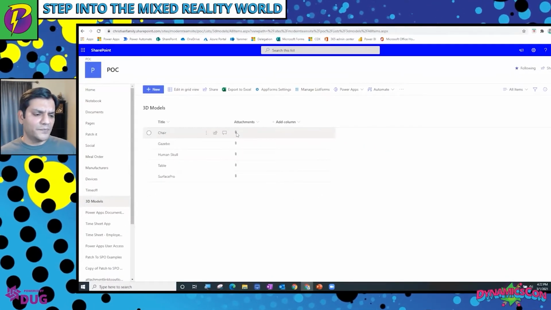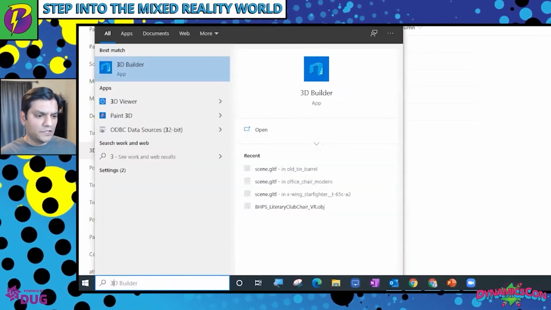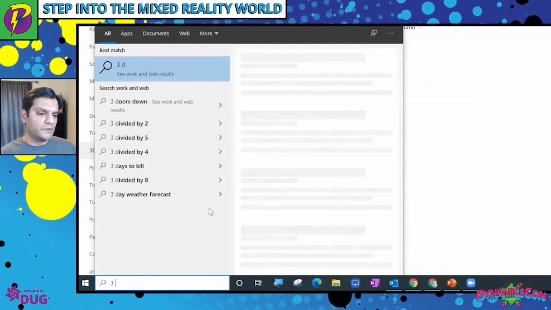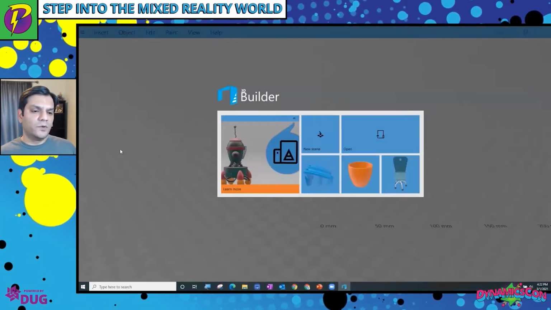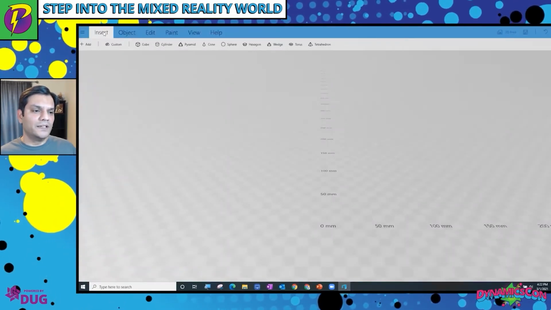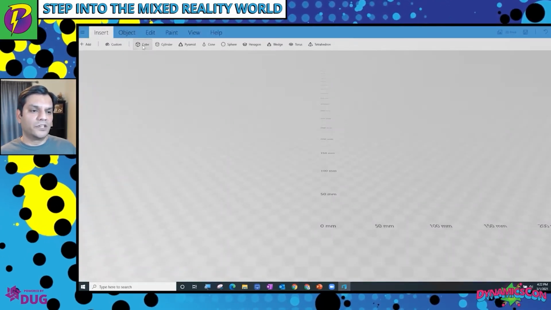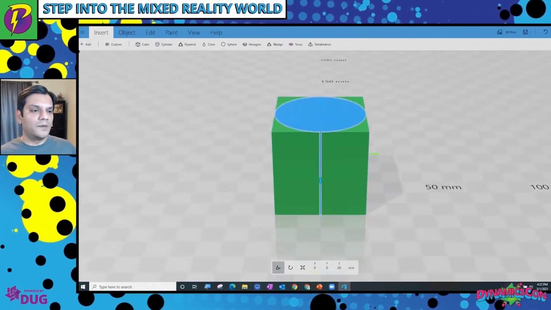And just in case you're thinking, this is what I was talking about, I come over here and I search for 3D Builder or 3D, and you can go ahead and grab this 3D Builder. When 3D Builder opens up, you've got a whole bunch of these options available. So I can go ahead and now insert like a cube or different things. I can insert a pyramid, just big options that are available.